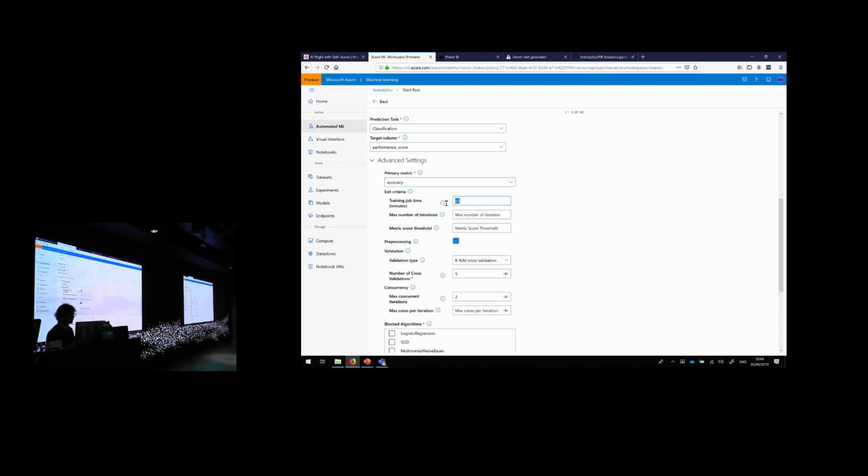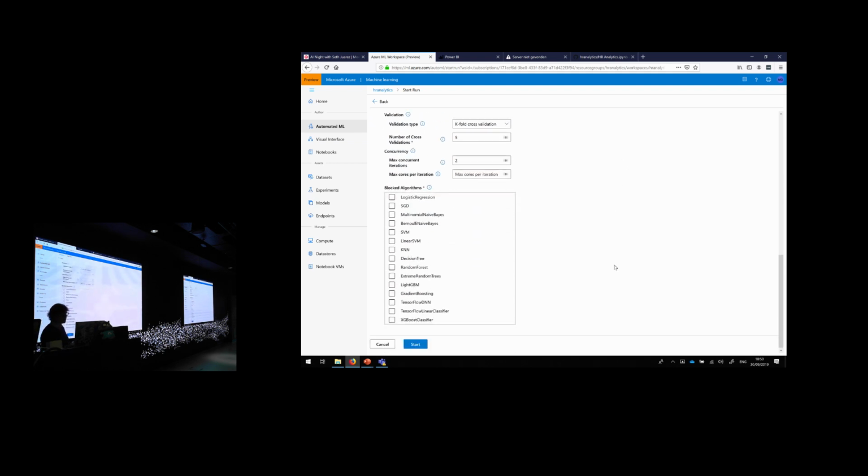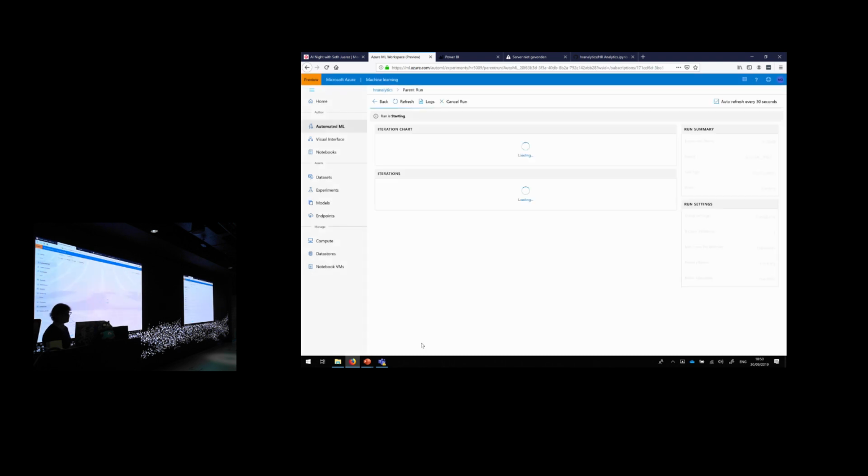Here you can choose how many minutes the job will train. For now, let's say 10 minutes, but as said, I will continue with another model we already have and not let you wait. And you have a lot of options here. Like, for example, the whole pre-processing part, that's literally a tick in the box right now. Okay, so that's really nice. You can also set the number of cross-validations. For now, it's fine. And you could also exclude algorithms, but we're not going to exclude anything. So basically, it's just hit start and you go.